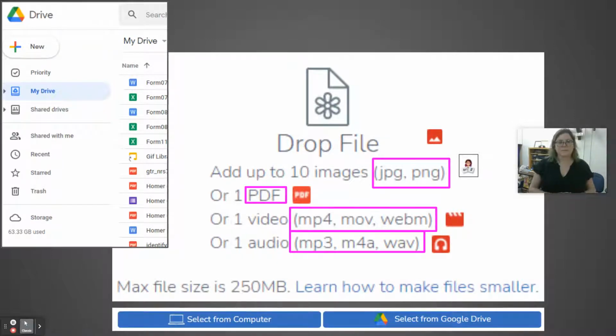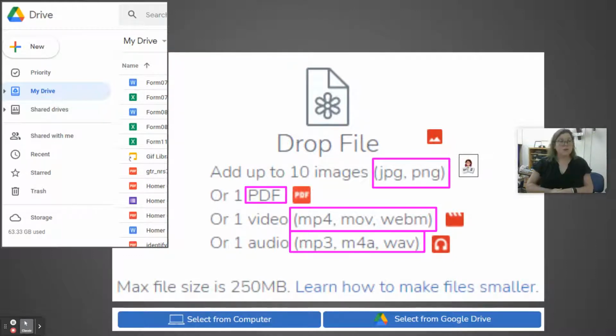There is a PDF. Videos are meant to look like the little director cut thing. You could see it's a red square with the lines. And audio clips is a red square as well with the headphones. You'll notice they are all similar and that they are all red. So all of the files I can add here for the most part are going to have that red icon